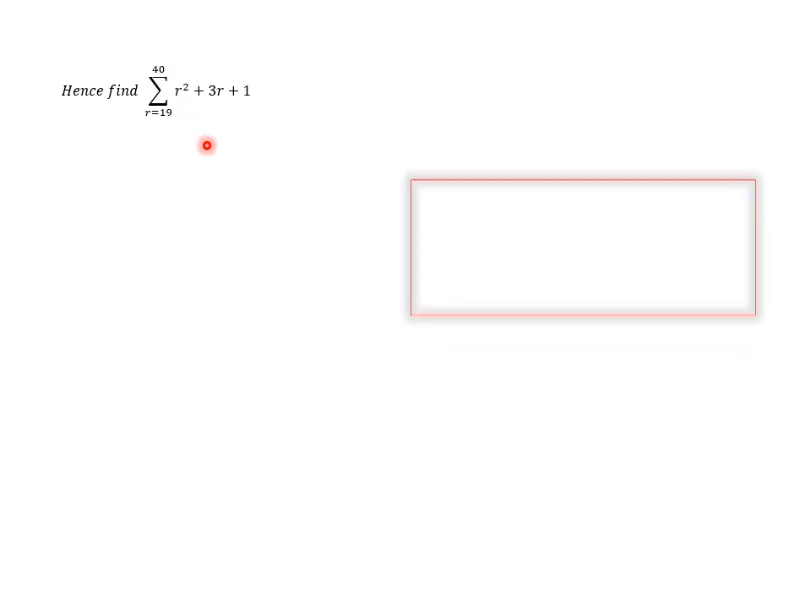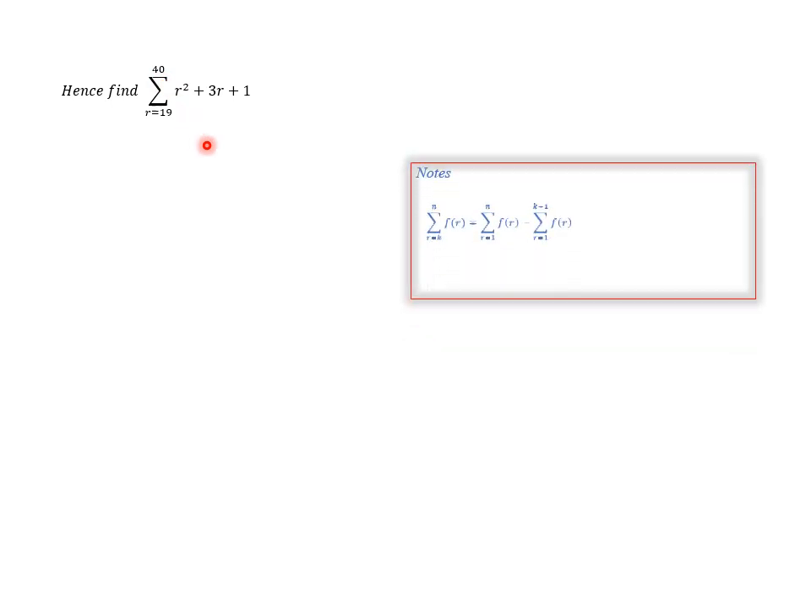Now we want to deal with the second part, the hence part. Hence find the summation of r equals 19 up to 40. You can see here we need to start the summation from 19 up to 40, but all the summations that we're dealing with are from 1 up to n. So you need to take note here: the summation of r equals k up to n, where k is not equal to 1,